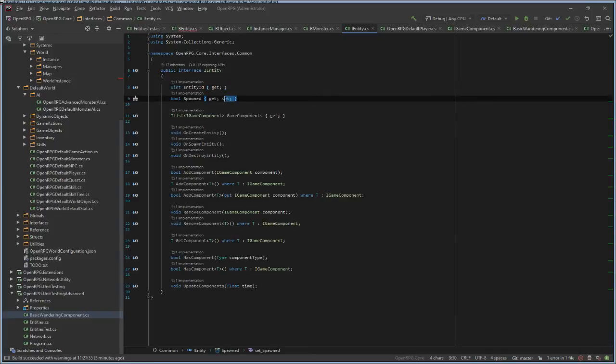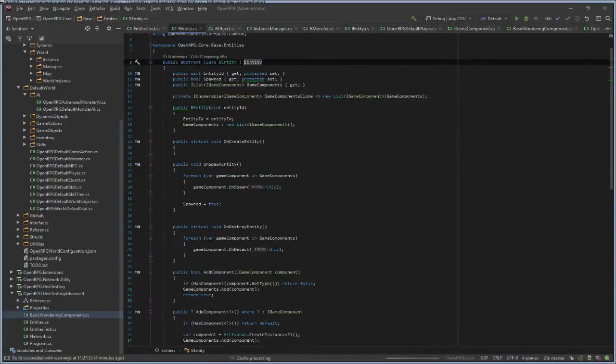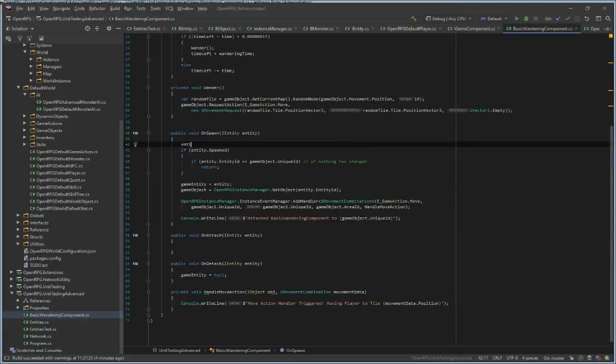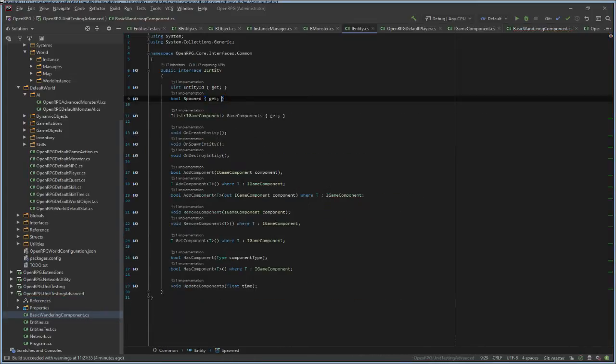Remove this and remove this. So this will make my components unable to update public variables. Entity ID. We can do that. Okay. So it's just a safety check.